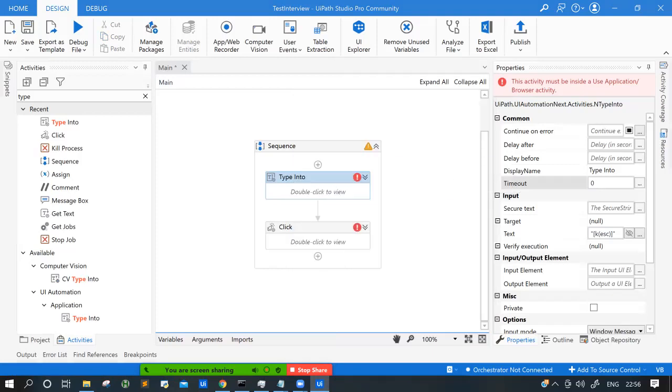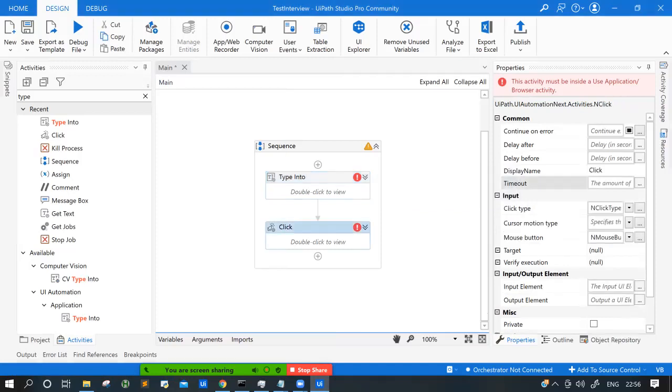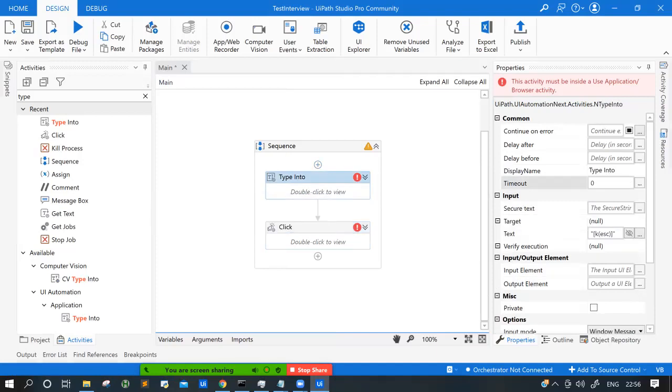Got it. Let me explain delay after and delay before. There are two activities I have taken here: type into and click. By name itself, you can identify what they do. Once you perform any action, after that wait for some time.